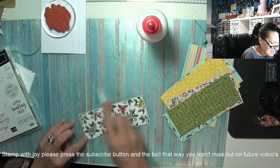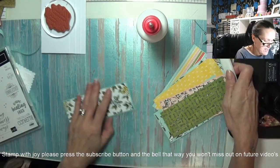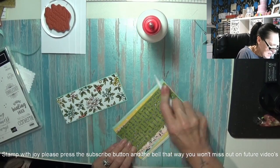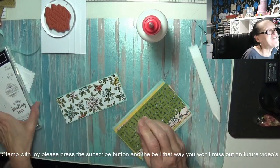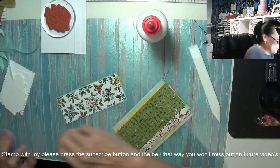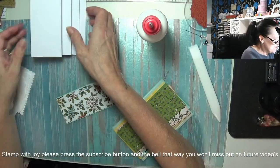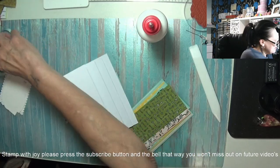Perfect. I just add all them now. I'm all rubbing at the same time. So let's go back to our gorgeous piece. Now this is where you're going to need your ribbon,